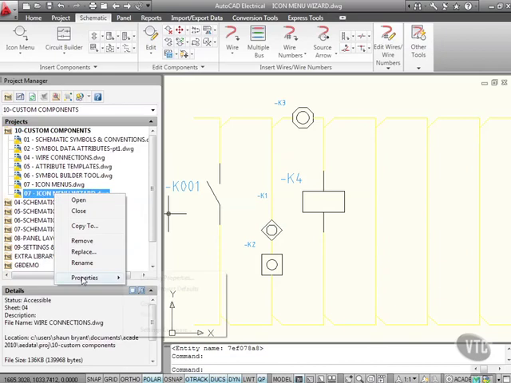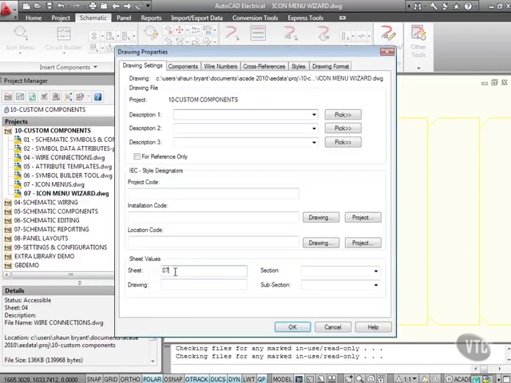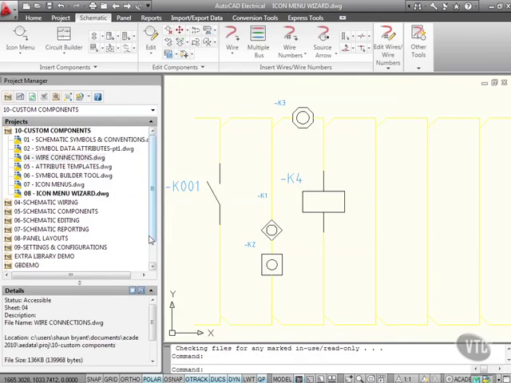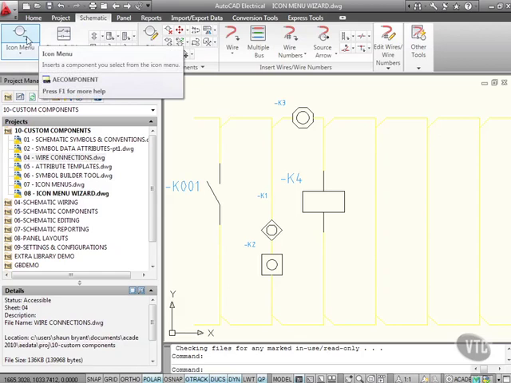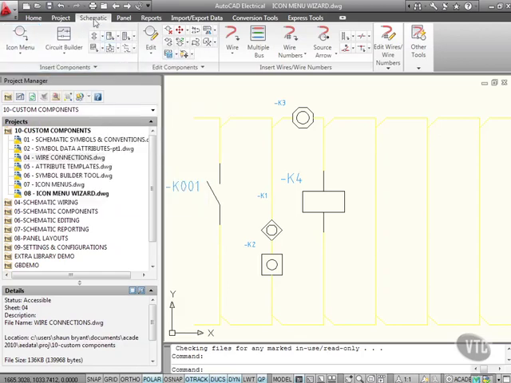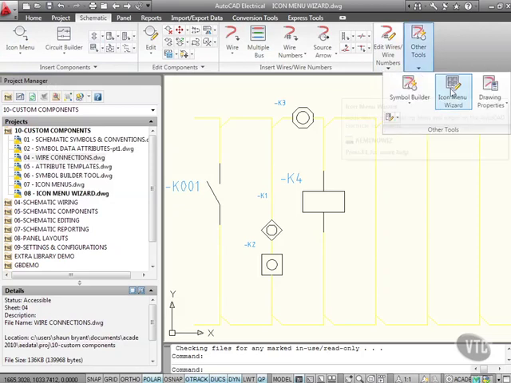We'll right click on it, properties, drawing properties, and as usual, make sure our sheet is sequential in our project. So that's done. Now, the icon menu wizard is not on the schematic panel in the Insert Components panel here. As you can see, it's there, icon menu. That's where you use the standard icon menus. You need to go to the Schematic tab here, come over here to Other Tools, and there's our icon menu